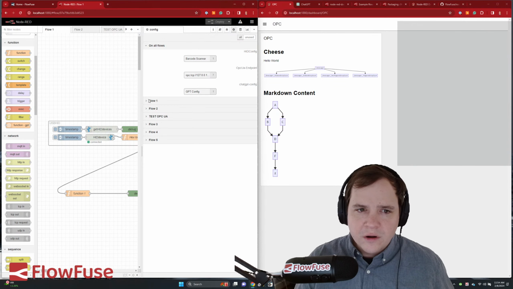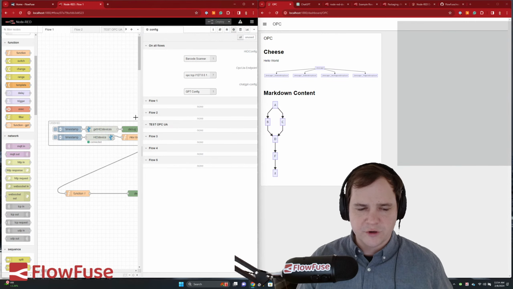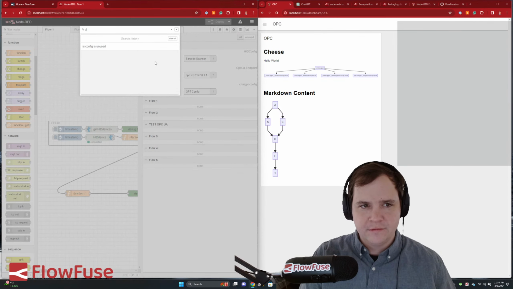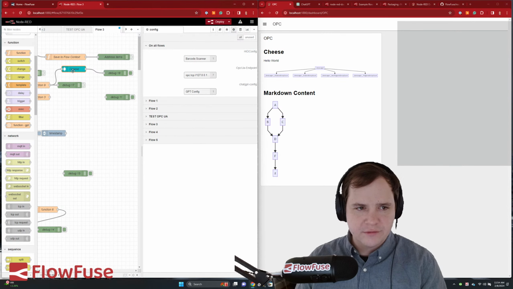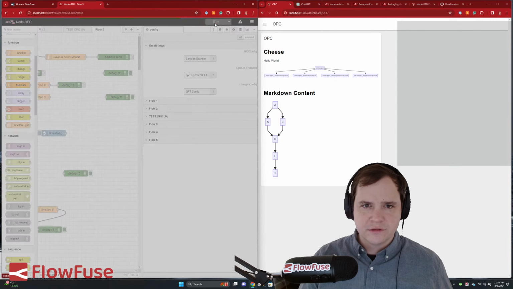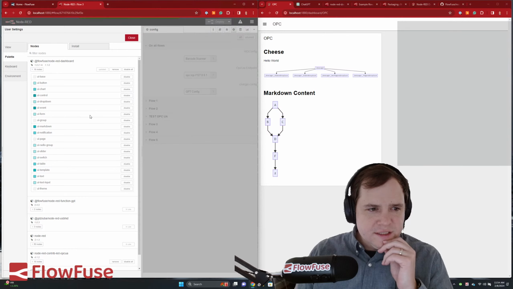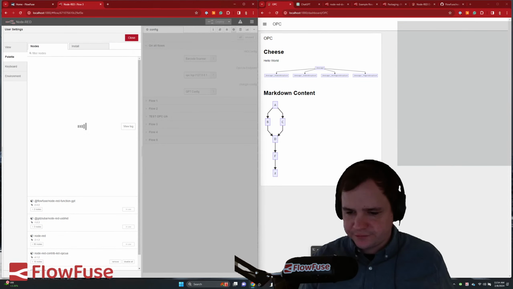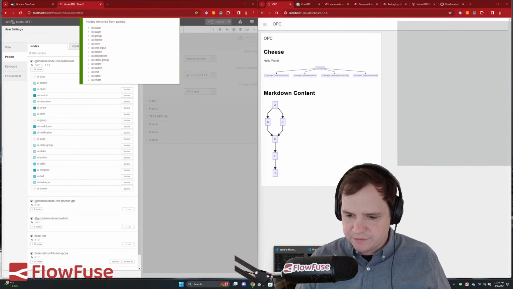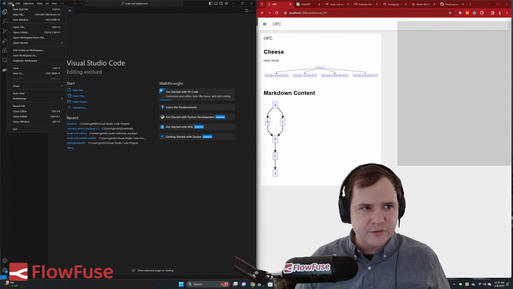So, how do I delete UI Markdown? Oh, there we go. And we gotta delete, I think, cheese too. If I go to my manage palettes again, I can remove this. Perfect. Ooh, that might yell at me over here. No, it didn't yell at me. That's good, that's good. Yeah, so we don't have anything there, so we're gonna say,